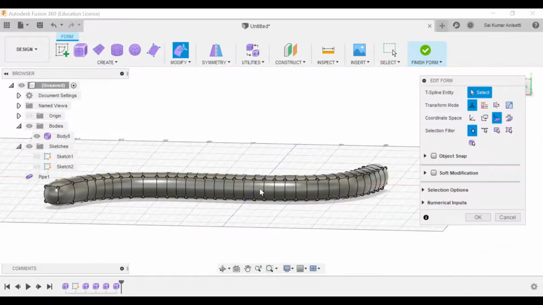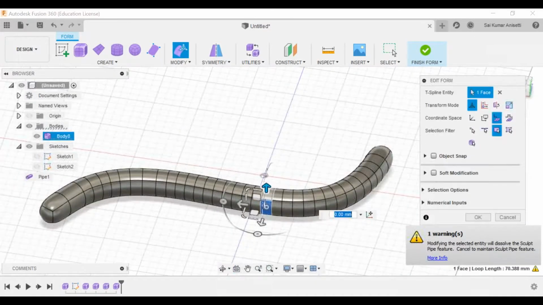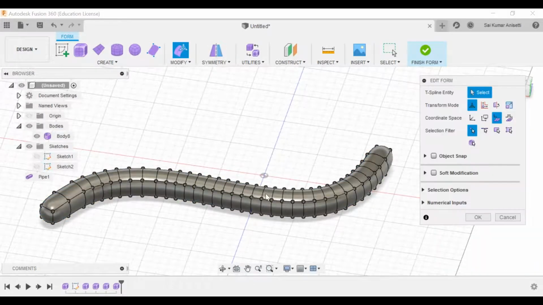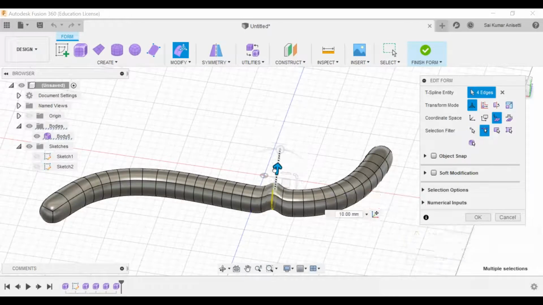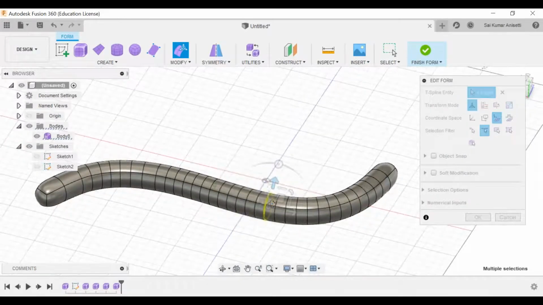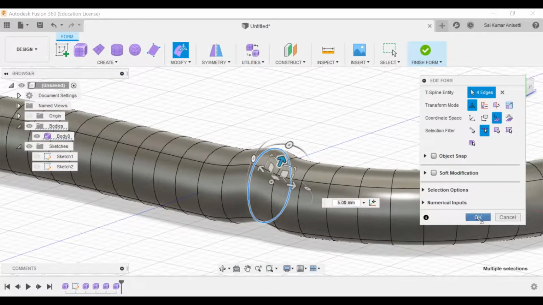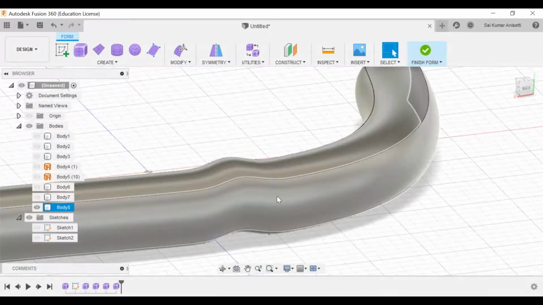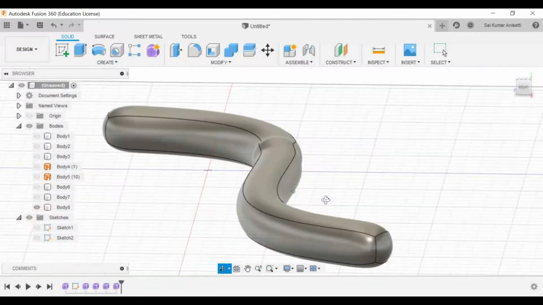And once you click OK, if you want to change your shape, go to modify. If you want to change those faces at that particular face, I'm going to double click this face and modify. Let me click this edge and this particular edge. Now, if I want to modify that, it is showing a warning that it is not that easy to change your curvature. I'm just changing the shape and making a bend at that particular shape. Okay, fine. Now if I click finish form, this is how it actually looks. That is how you design a plant.